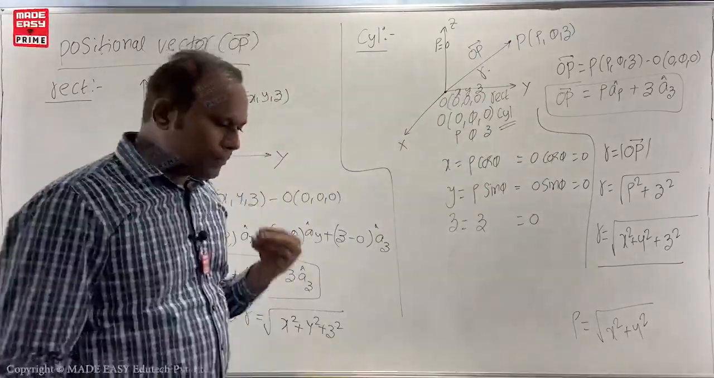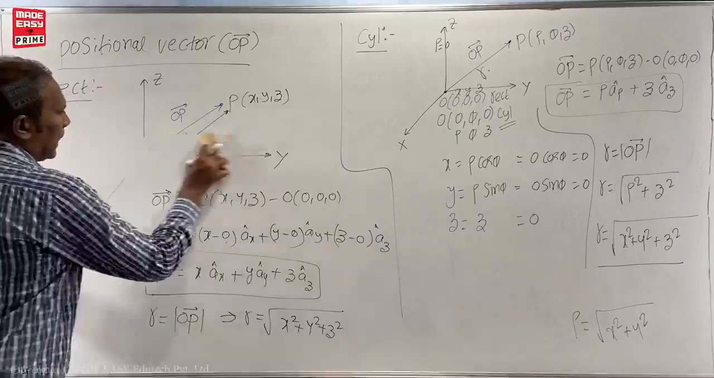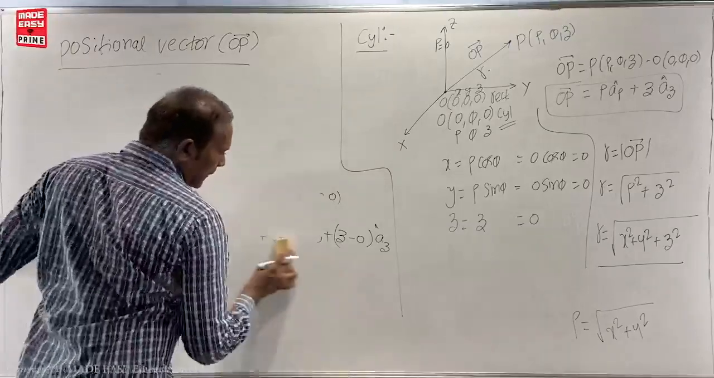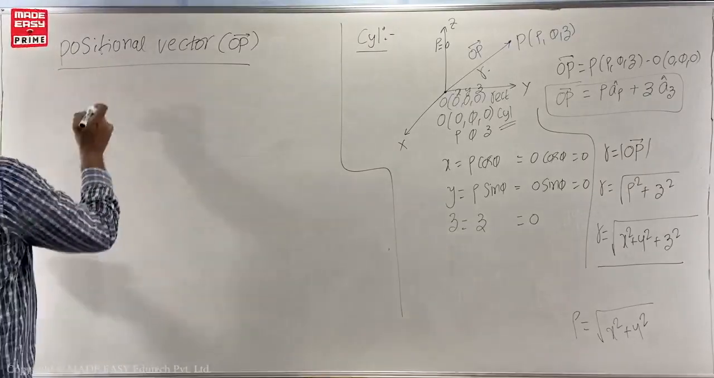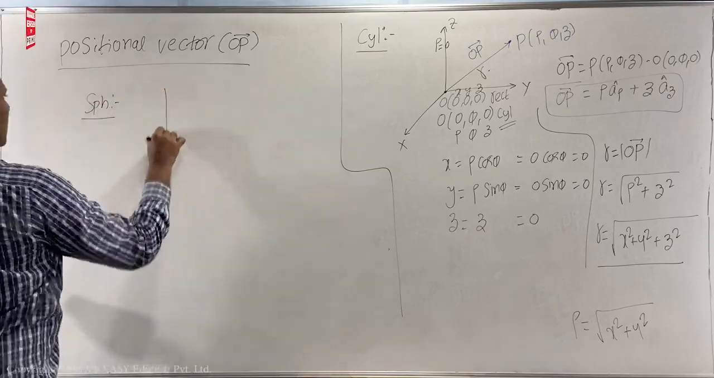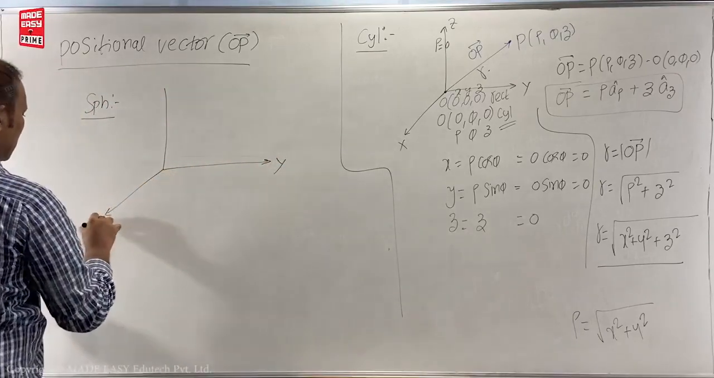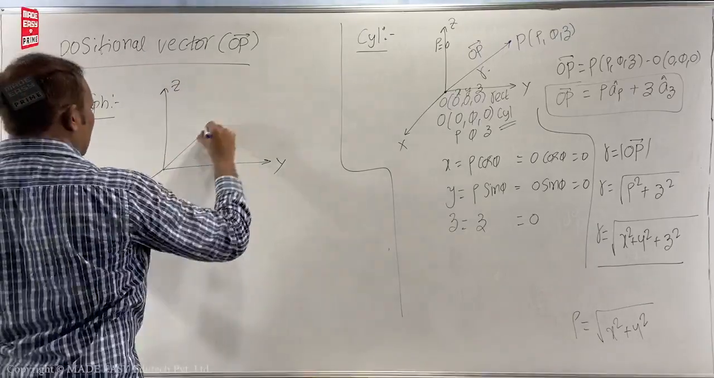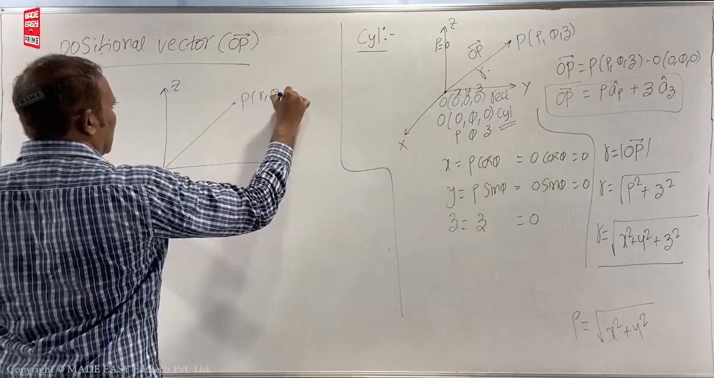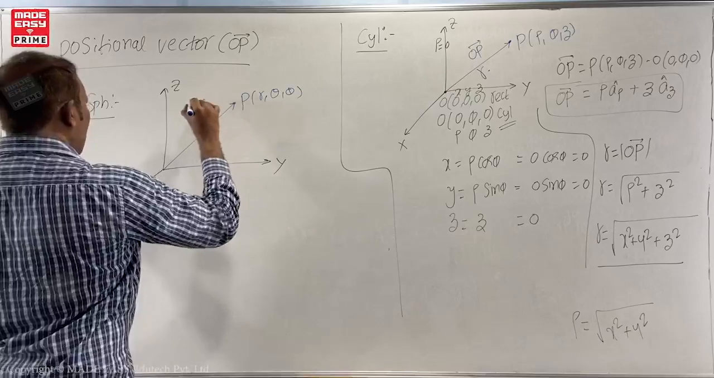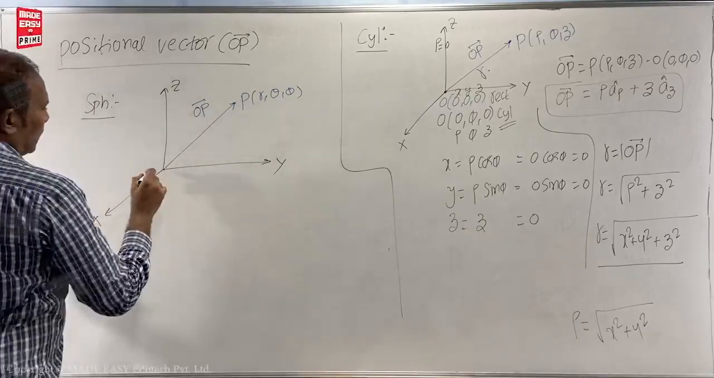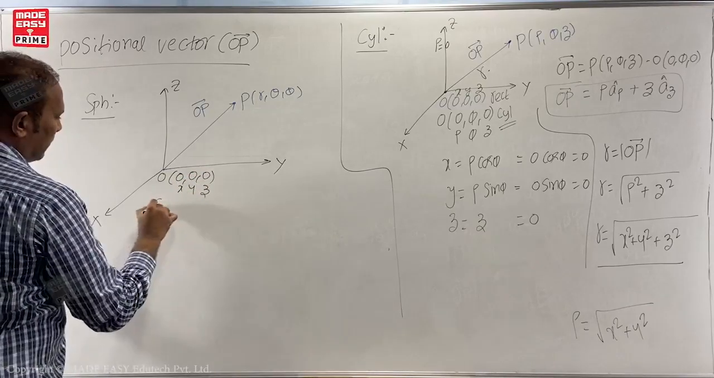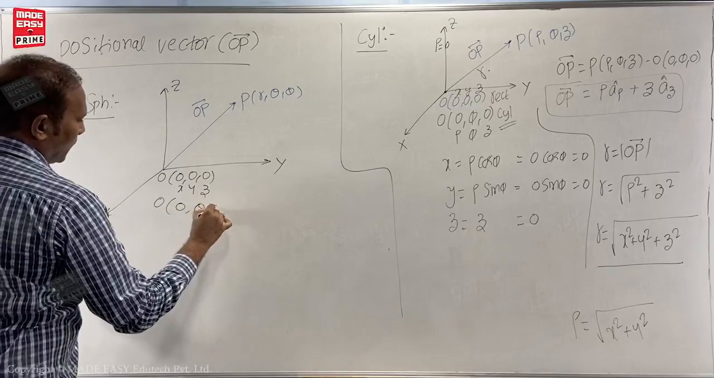Similarly, in spherical system, theta and phi angles don't come. Simply r is the positional vector with respect to origin in the spherical coordinate system. So in the spherical coordinate system, if you take this, this is y and this is x, this is z in rectangular system. Now if I take one point here, point p r comma theta comma phi, then this is OP bar. So here this is origin in rectangular system x comma y comma z, but in spherical system 0 theta phi,